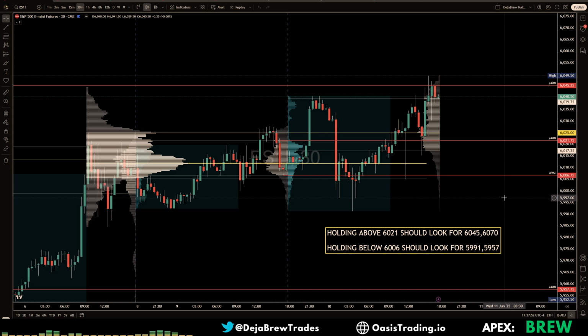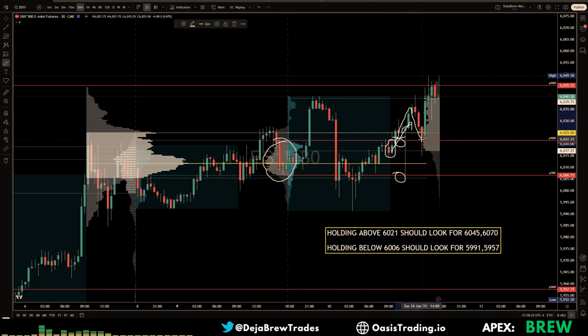Okay, so what did we see today? Today was a bunch of rotations, just kind of back and forth for the start of the day. We are rotating a little bit outside of yesterday's value. So yesterday's value would be right here. We had the value high and the value low there. And this is where today's cash profile opened up, tried to push up, retested yesterday's value, and then closed a